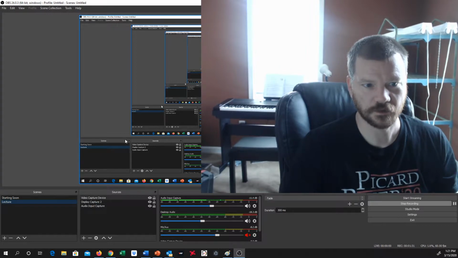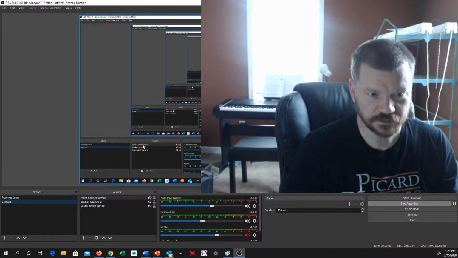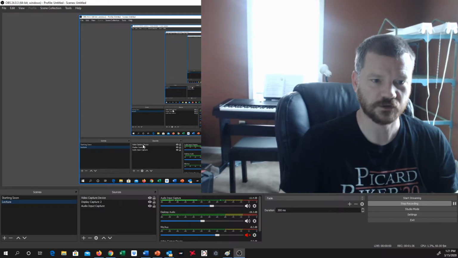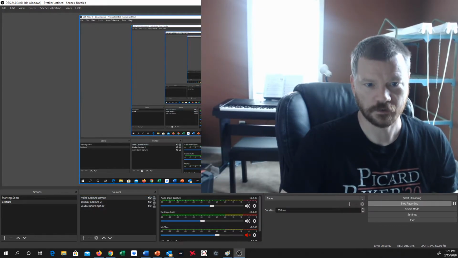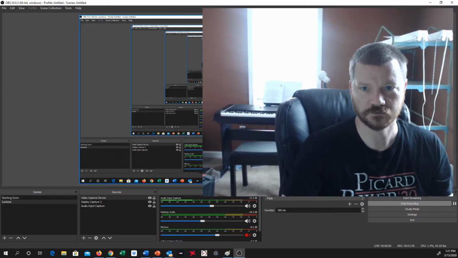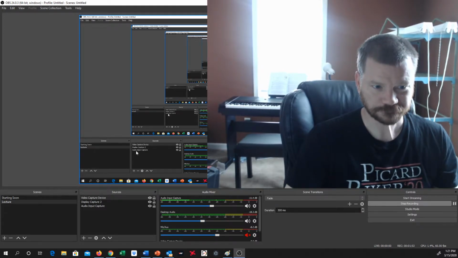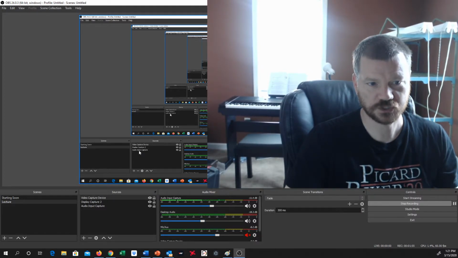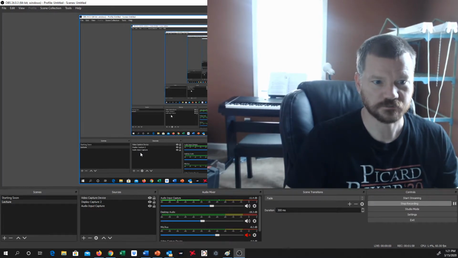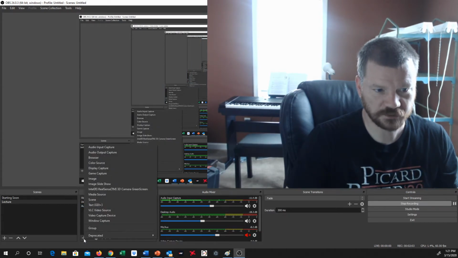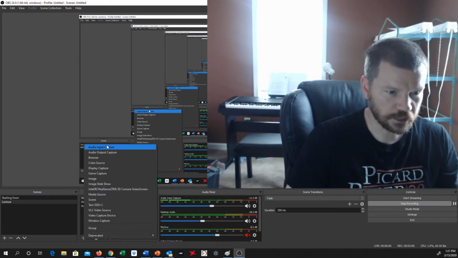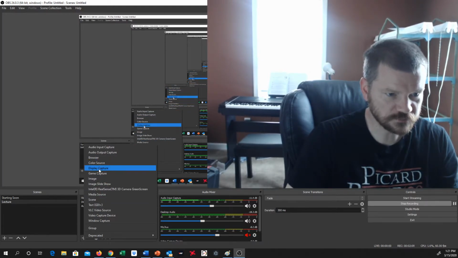So for instance, this video capture device here, that's the webcam that I'm currently using. And so I can turn it on or off, either or. I can also resize it to whatever size I want, and I can move it around to wherever I want. I can select which screen that I want to cast. So for instance, if I want to change and pick a different screen, I can go to display capture,